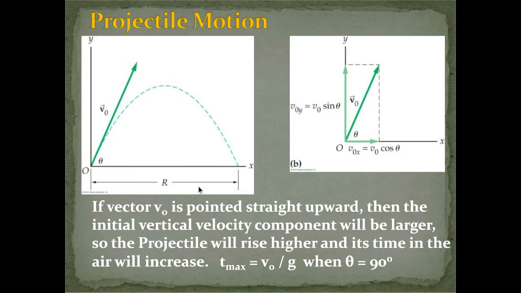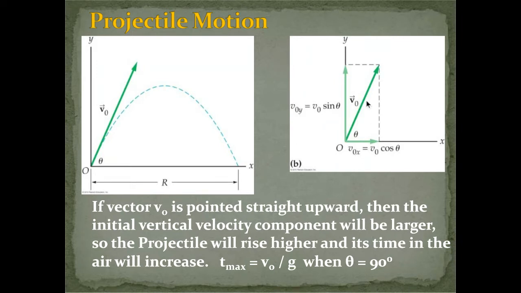Here is a vector diagram of an initial velocity vector, and this is the launch angle. You can actually write equations in projectile motion for general launch angle, where all you need is the initial velocity of the projectile and its launch angle, and you can make predictions about the range, how far away the projectile will land, the maximum height, things like that. Now you can break up any vector into its horizontal and vertical components. So notice I've taken this vector, I figured out the horizontal component, which we call V sub 0x, V initial in the x direction,